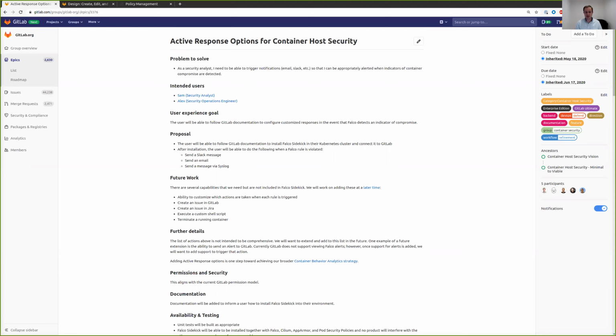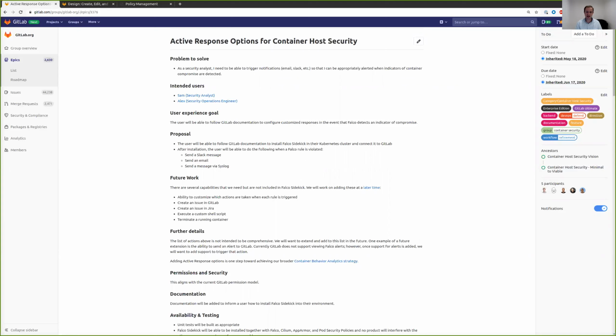For this iteration, we plan to do two items that I'll be covering today. Neither of those are marked deliverable, which means we're not committed to doing them entirely for the 13.2 release, but we do plan to work on both of them. I know that's deviating a little bit from what we normally cover in these kickoff videos, but as we do plan to focus our work efforts on those two items, I did want to at least cover them at a